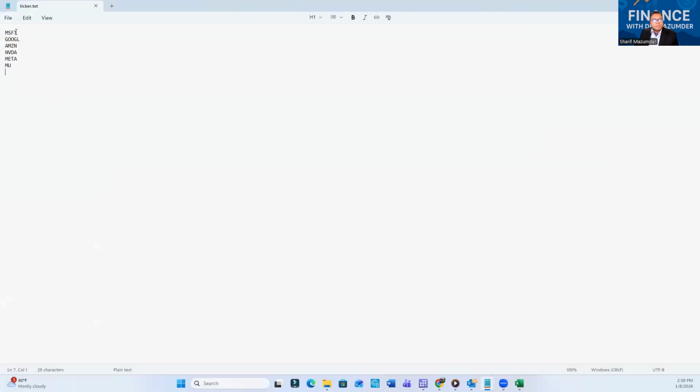For example, these are my desired ticker symbols: Microsoft, Google, Amazon, NVIDIA, Meta, Micron. So these are the companies I am looking for. You can add as many companies as you want, but remember the ticker symbol has to be on each line. You cannot make the file like Microsoft comma Google comma Amazon, not that way. Just one ticker symbol on each line. Okay,